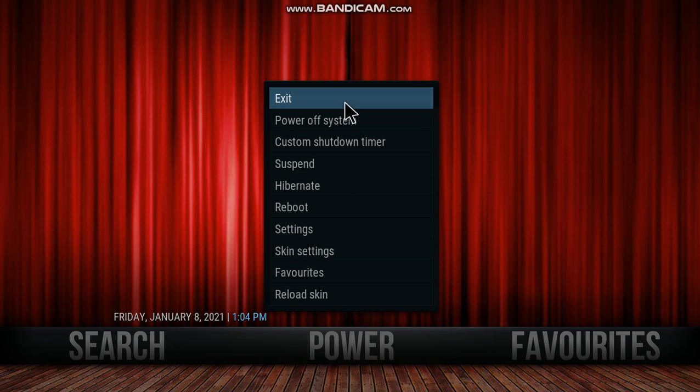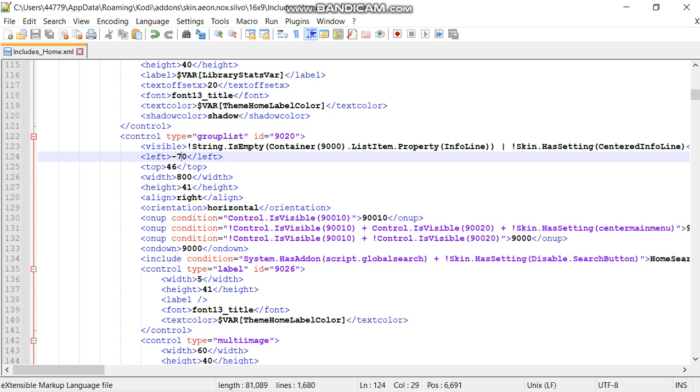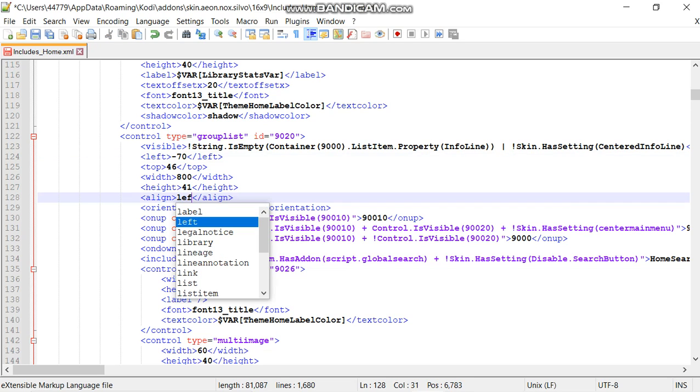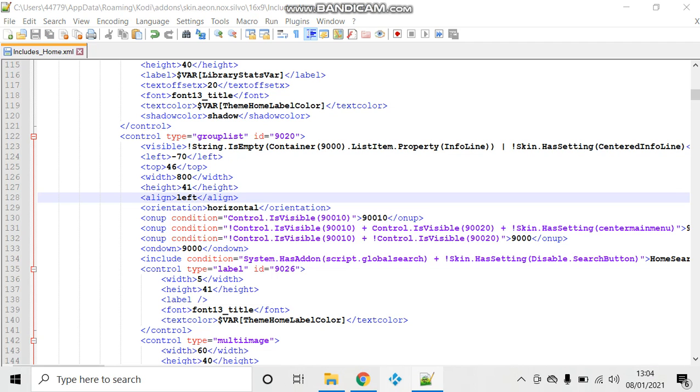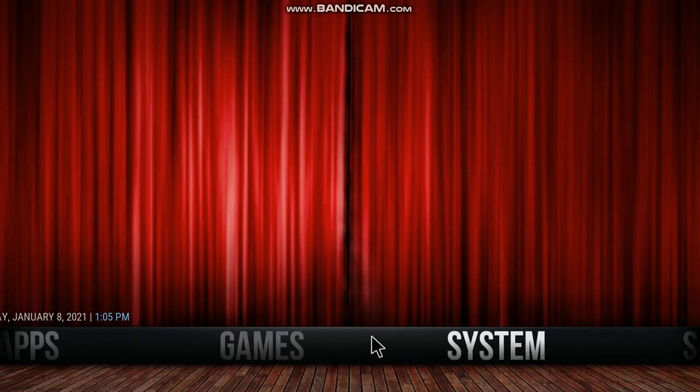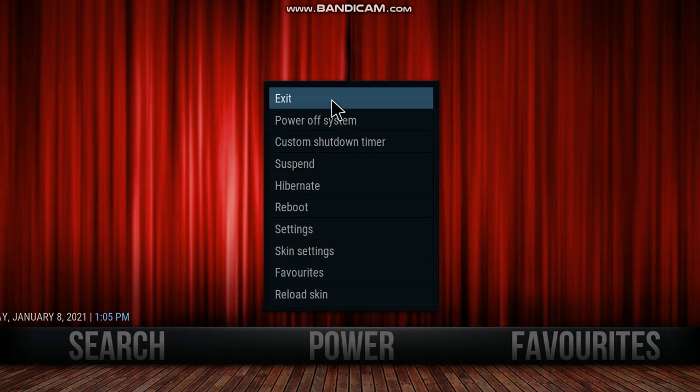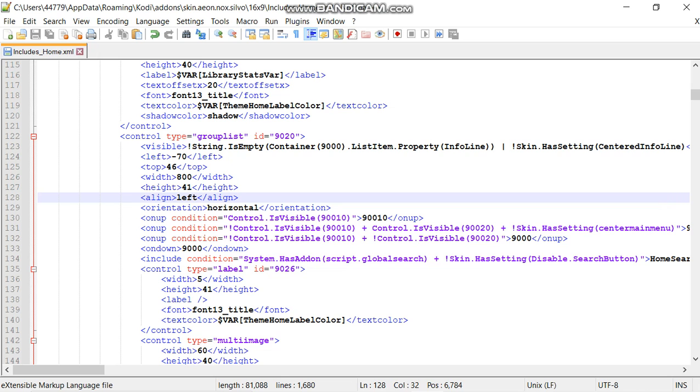Power. Out of line. Got to left. Oh, it's disappeared now. There you go. So we've gone too much. So power. 30. The line is quite important because it's saying